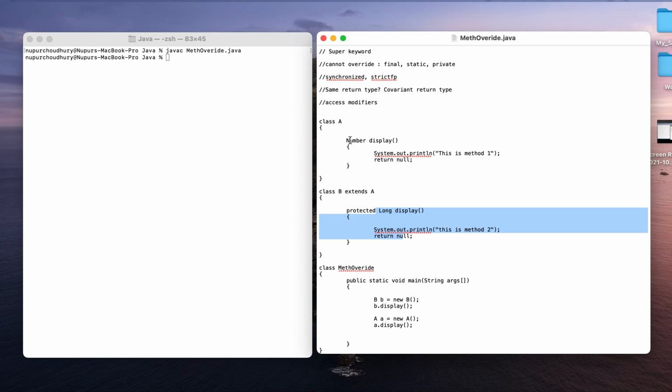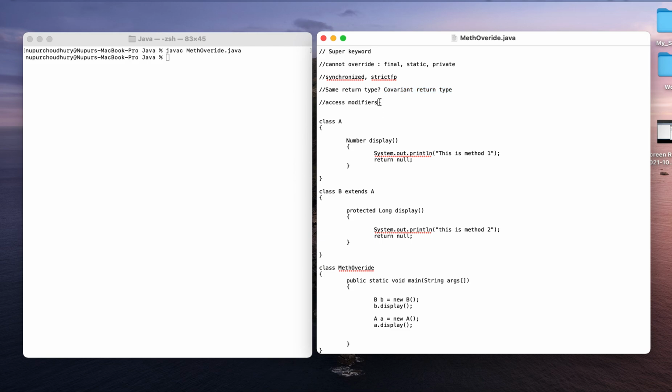Suppose if we look here, Number is a parent of Long, and hence this is possible, but the vice versa is not possible. That means if we have a child return type in the parent class method and the child class method has a parent return type, then those methods cannot be overridden. So Java allows covariant return type when it comes to method overriding.